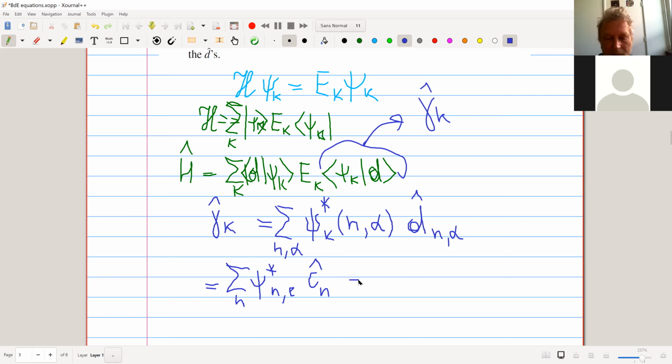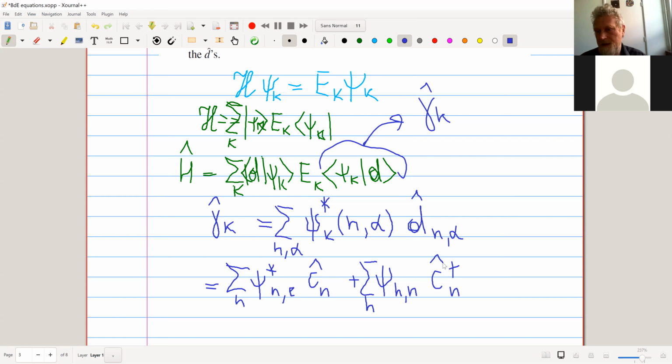But I have also the whole term, summation over n, and that is conjugated. Good. So this quasi-particle operator, as promised, as we discussed in the lecture, is a linear superposition transformation